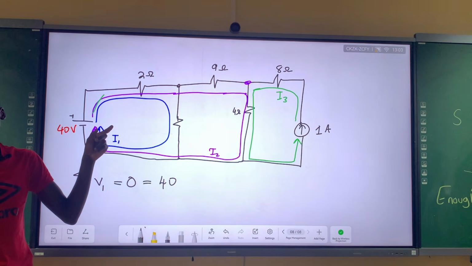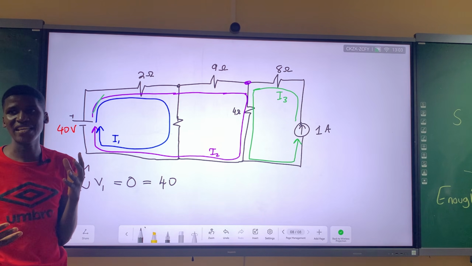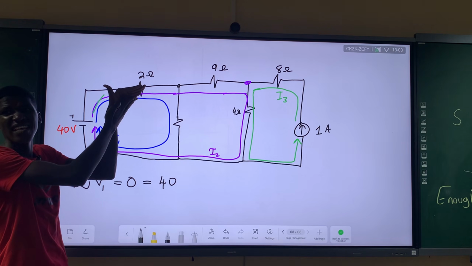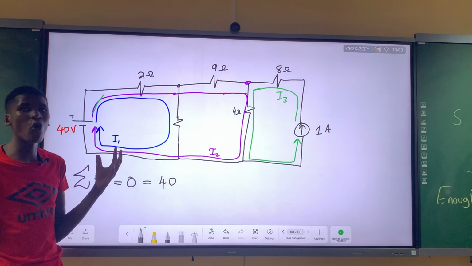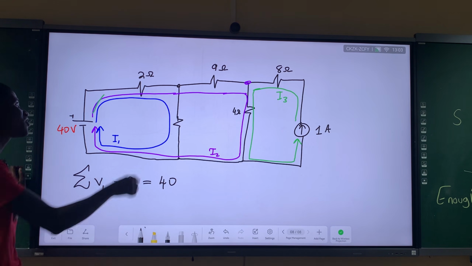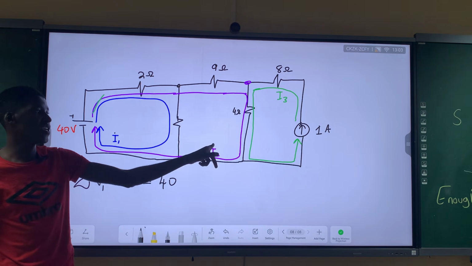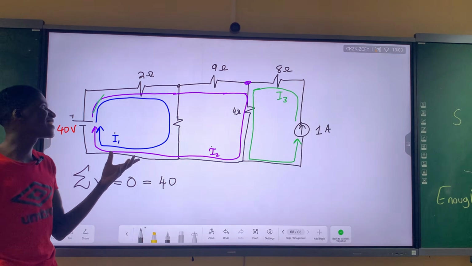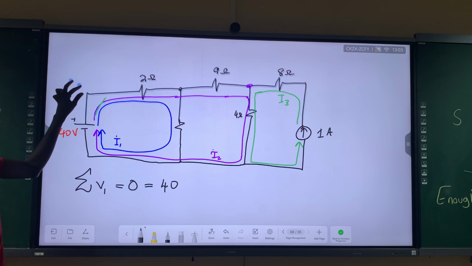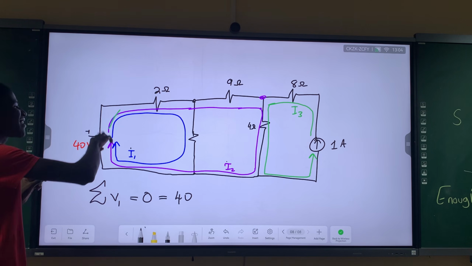That's the method. So this loop doesn't really indicate what the current itself is per se, because someone would just say the current from the 40 volts is the whole current entering the 2 ohms. There is no need to add these 2 loops. But no, because this method is all about trying to see how many loops of current we have in total. These 2 ohms will then consist of the loop I1 and the loop I2. So you assign it a current that will accommodate both loops meeting. Please be very careful on that one, because you are most tempted to say that this is just I1 because it's the current, but we consider I1 as a loop.